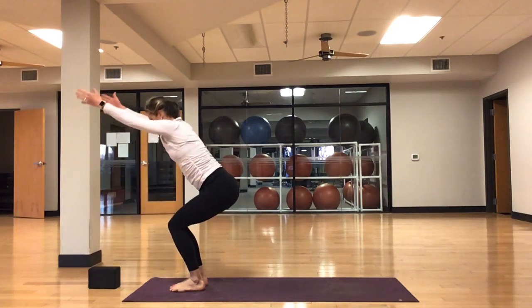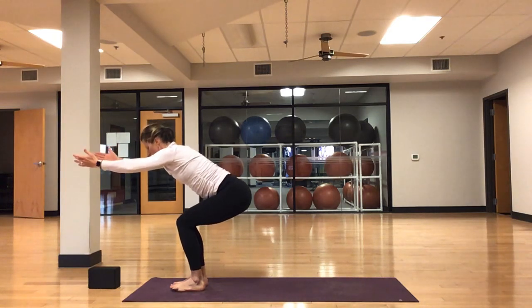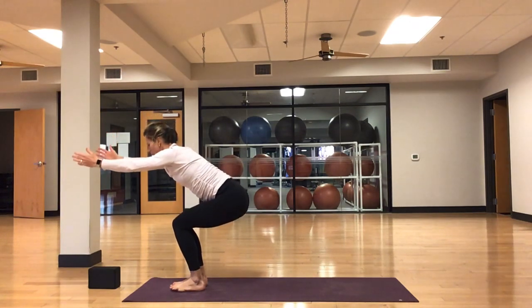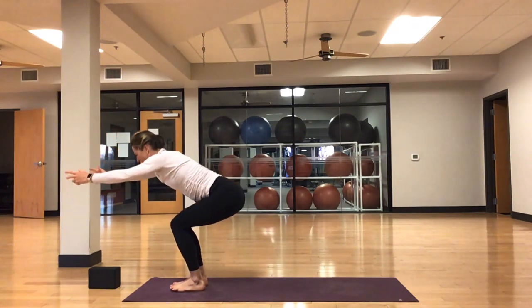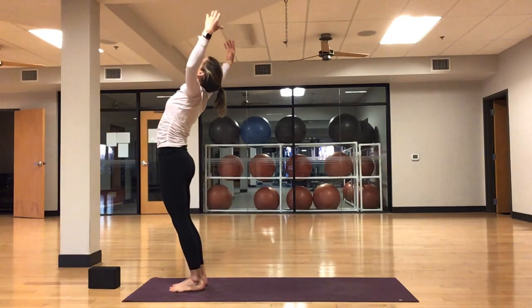And then inhale, let your arms go up to the sky. 2 breaths here. Lift your toes, pull your shin bones back, drop your hips, but keep that heart lifted. 1 more inhale, and exhale. Nice job, everyone. Press down through your feet, reach all the way up to the sky, and again, open your